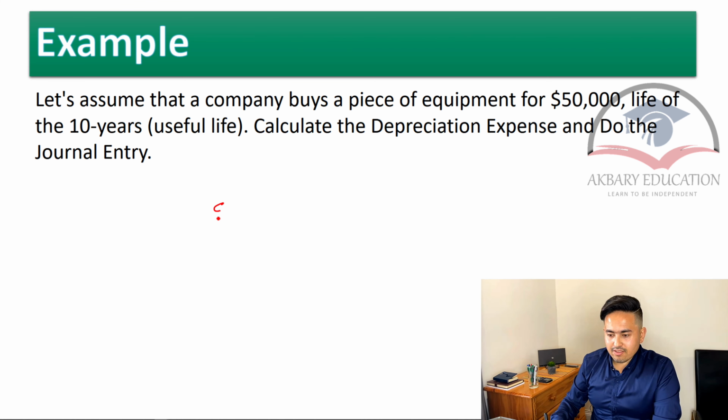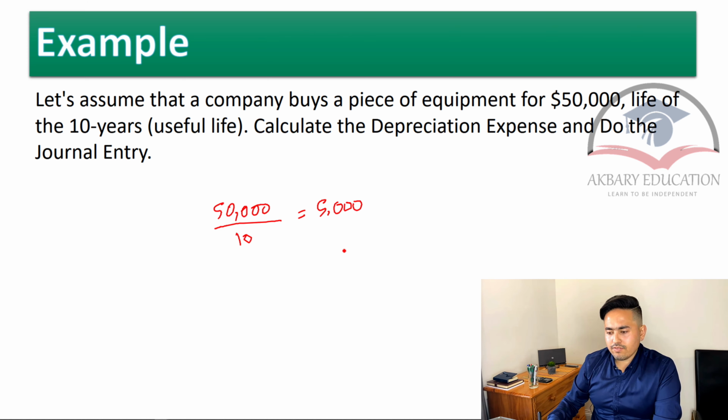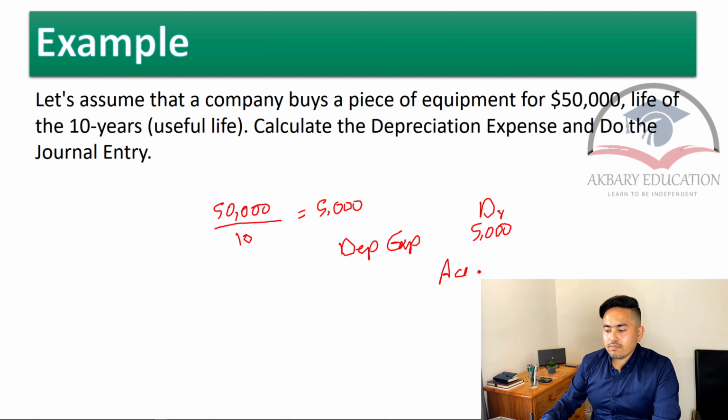We have purchased this asset for $50,000 and we are trying to use that for 10 years. So each year, $5,000 will be allocated from the asset to the income statement as depreciation. The journal entry, if you remember, is debiting the depreciation expense by $5,000. It's a debit entry. And the accumulated depreciation, which is a contra account against the asset value,